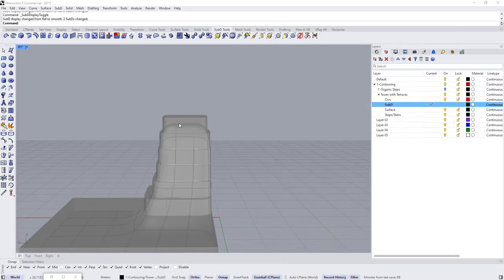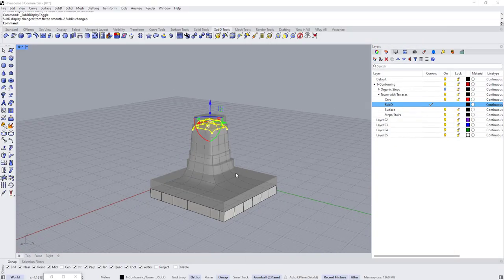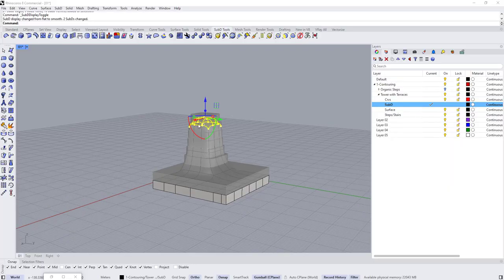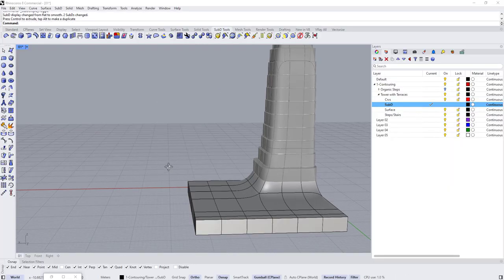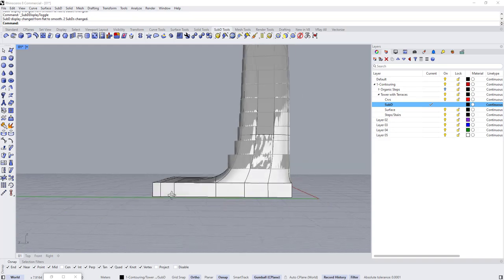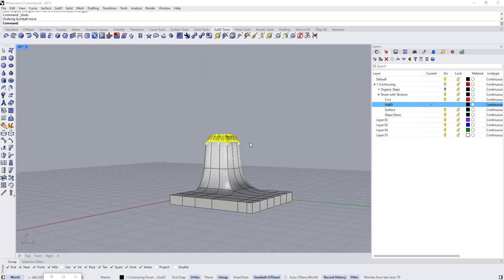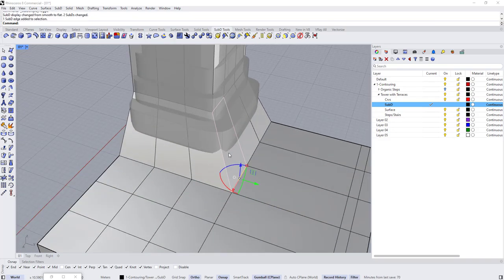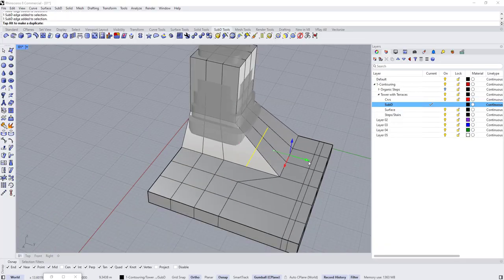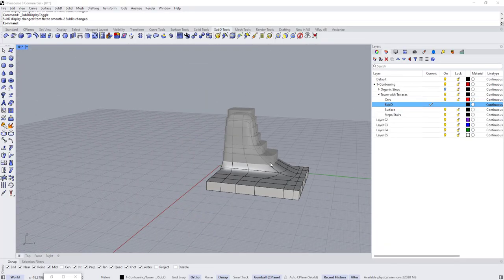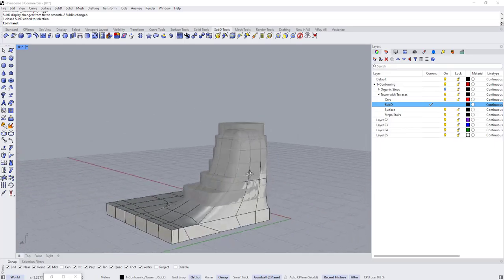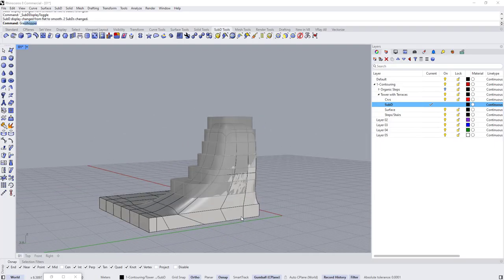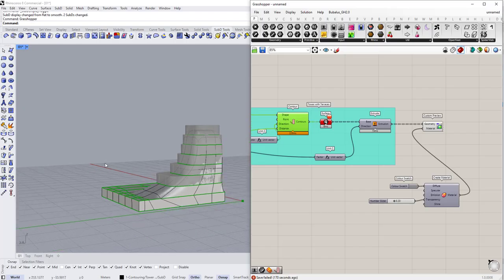Anyway, we can now start adjusting the SubD, and the floors will update automatically. Move this up maybe a little bit. Move it down. Hold Control Shift to select all these edges and have some kind of a little bit larger terraces. While the base is okay,